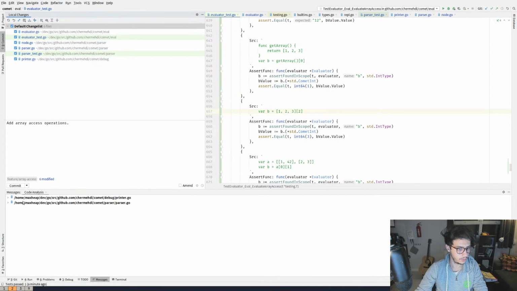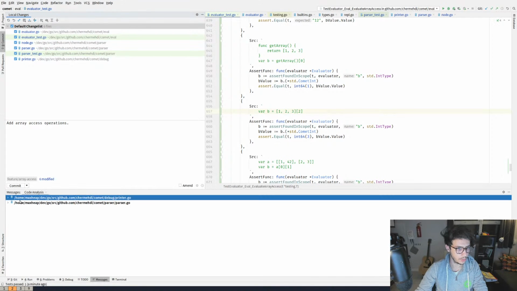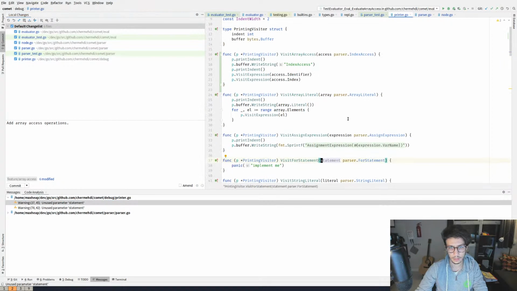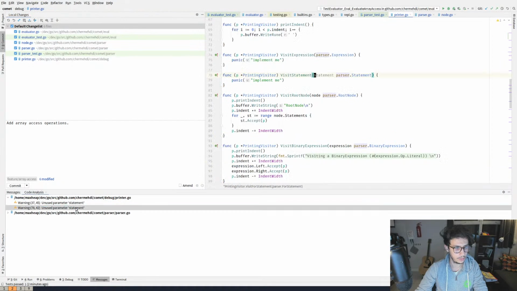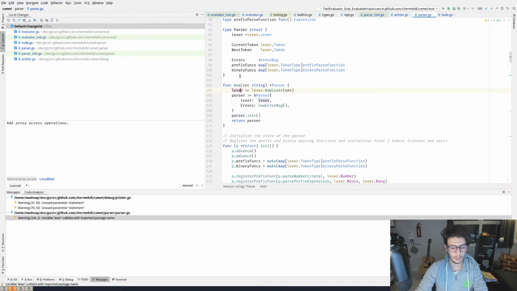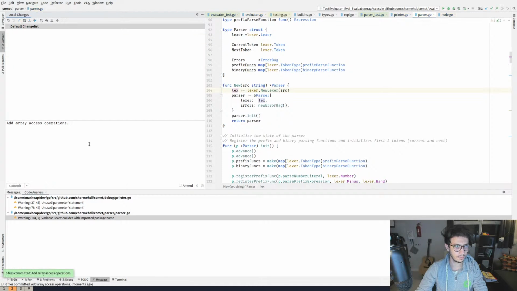Sure. So the printer has some problems and the parser has problems. Unused parameter statement. Sure. Here, sure as well. Variable x collides with an import. And so let me rename it x. Commit. Nice.